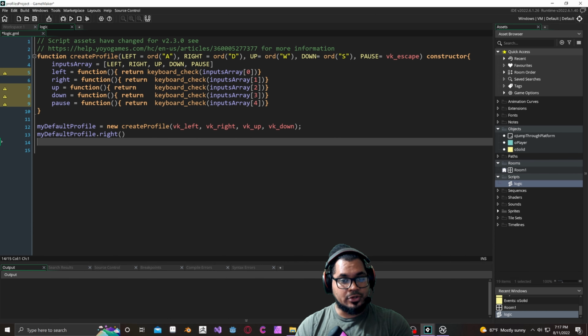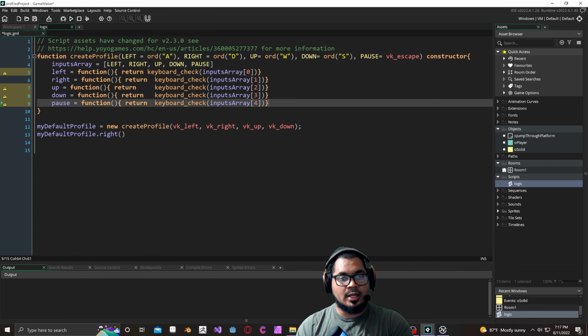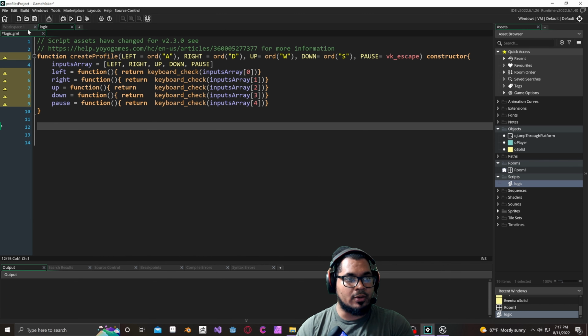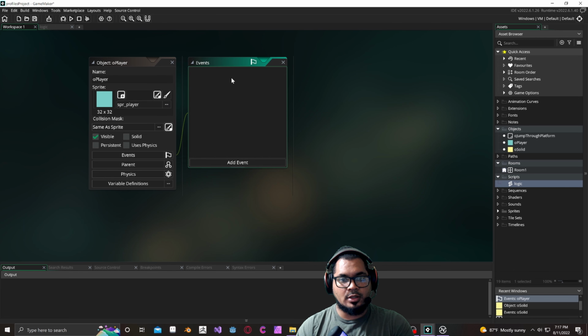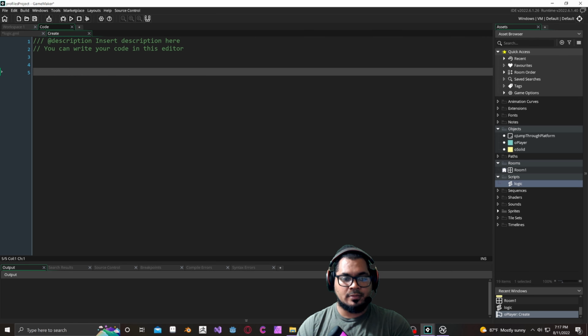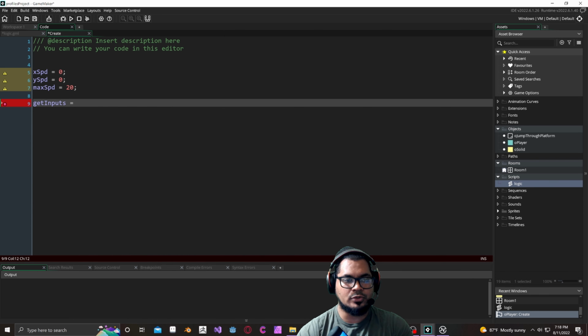So far so good. So now we already have the struct and how it works. Now we have to see if what we have done can be used. So we're going to get rid of this right here, and I'm going to show you how we're going to be able to use this with the player object. So we're going to go into the create event, and then here we're going to define a struct. You can do this with a struct as well, but just to make this a lot faster, get inputs, and we're going to say equals to